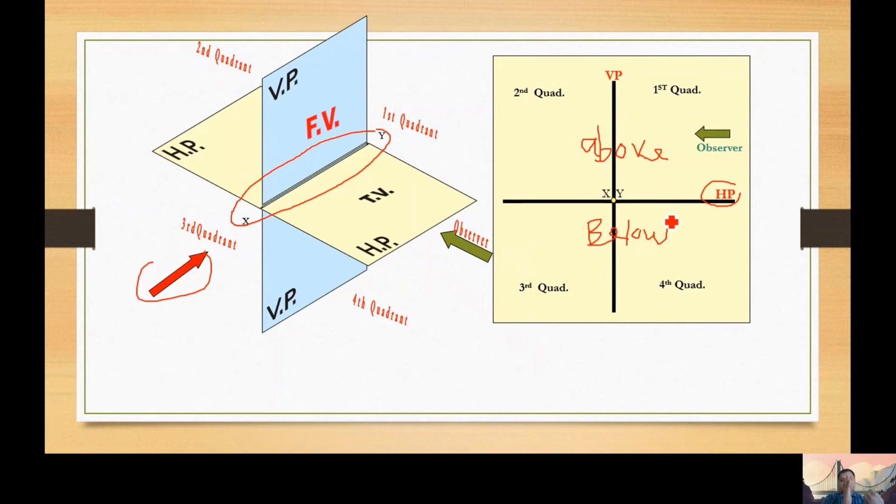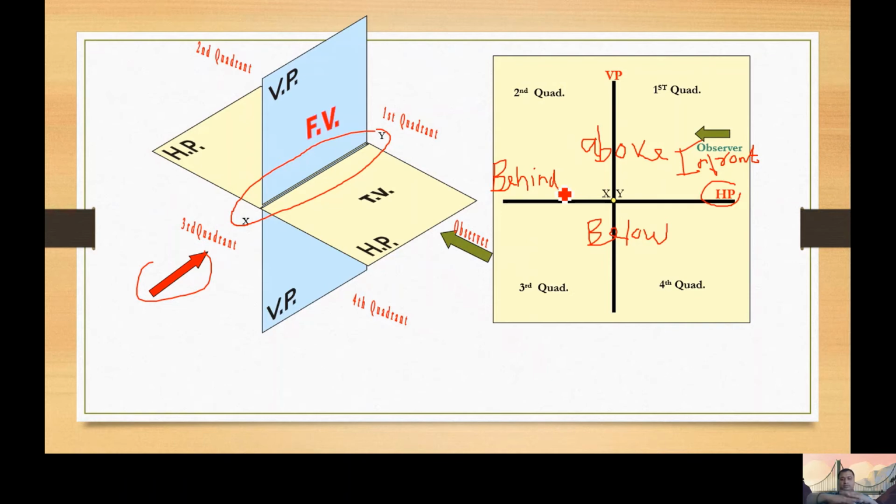So this is not above and below. This you can say left and right. But again, in orthographic, the term which is used is, on the basis of VP, my object can be here in this region. This is called in front of VP. You can say this is the right region, and this is called behind VP, or you can say the left region from the VP, that is behind, and the right is in front.